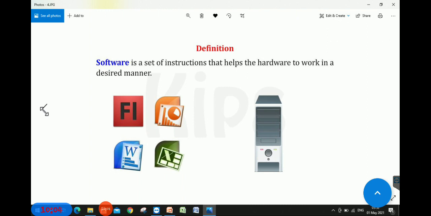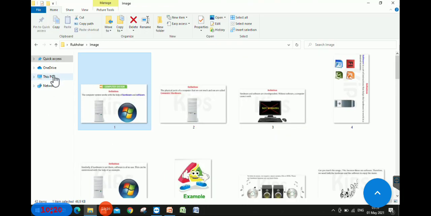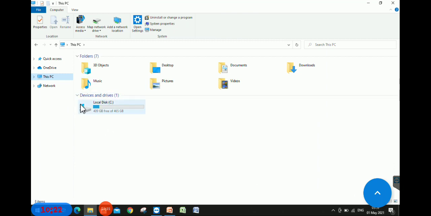Now disk cleanup. A new topic is there. What is a disk cleanup? If you want to remove some unnecessary files from your hard disk to free up disk space. Suppose that in my computer, you can see that here is a disk drive. C drive is there. It is called a disk drive.